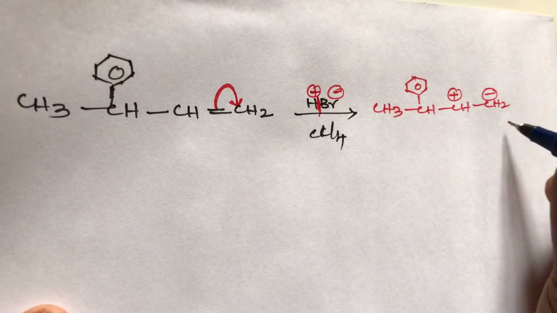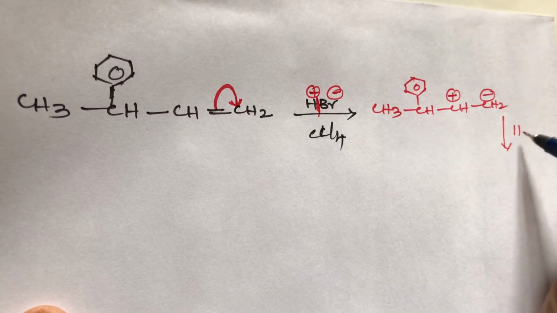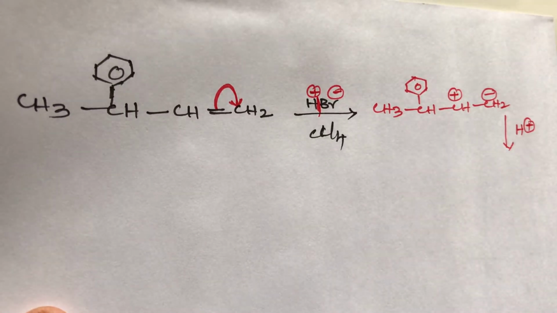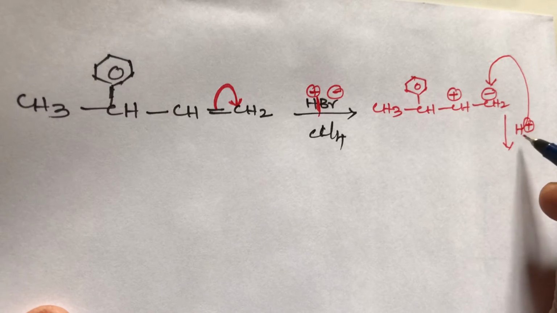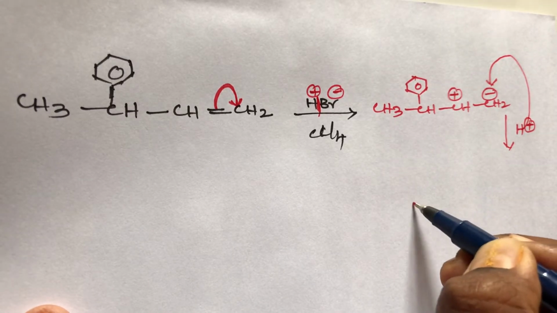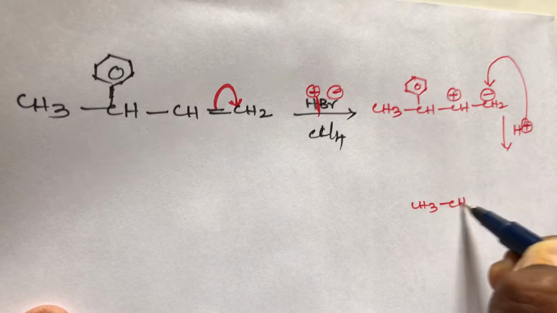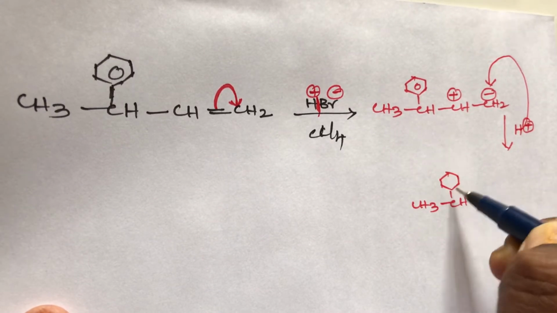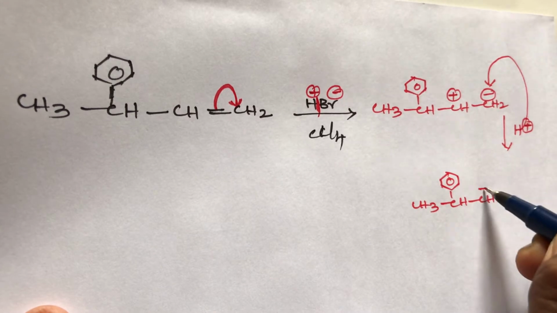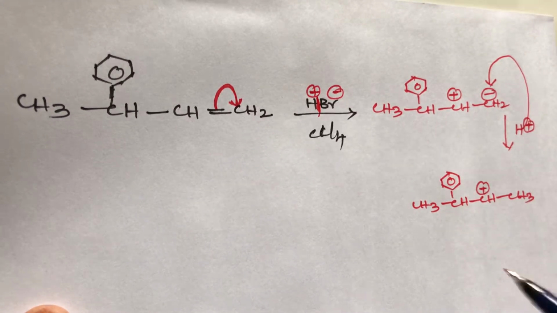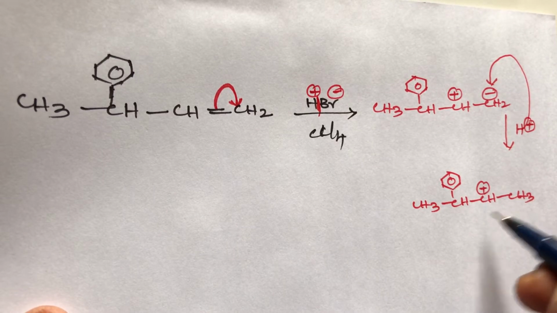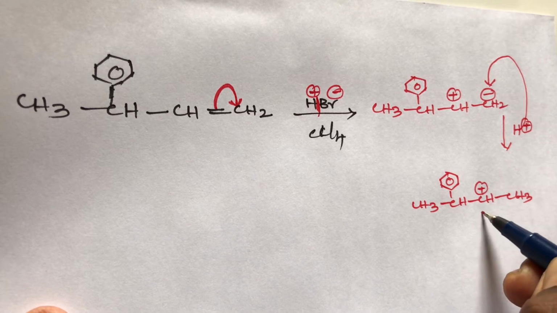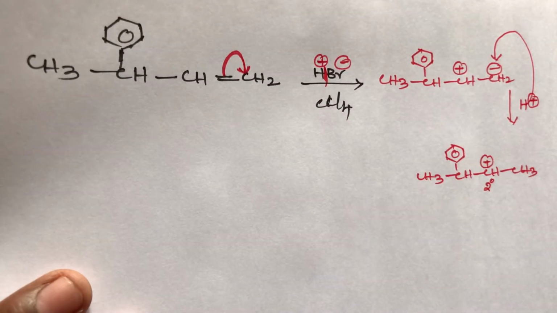In electrophilic addition reaction, students, the first attacker is what? The first attacker is H plus. This H plus will always attack the negative charge side. So CH3 CH, phenyl, this CH plus, then CH3. The intermediate compound is formed, that is the stable intermediate carbocation, the secondary carbocation.